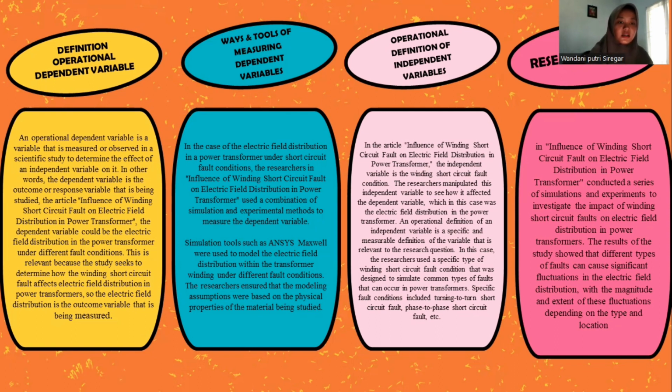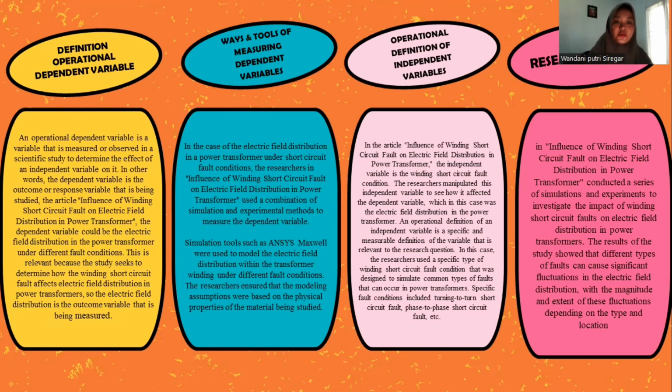This is relevant because the study seeks to determine how the winding short circuit fault affects electrical field distribution in power transformer. So the electric field distribution is the outcome variable. Ways and tools of measuring the dependent variable. In the case of the electric field distribution in a power transformer under short circuit fault condition, the research in